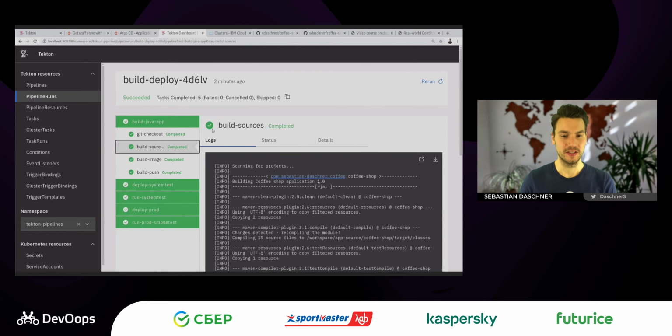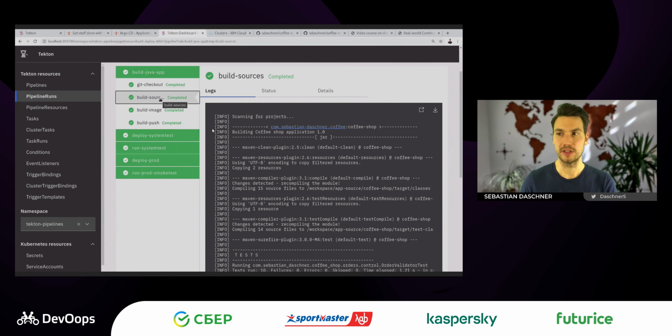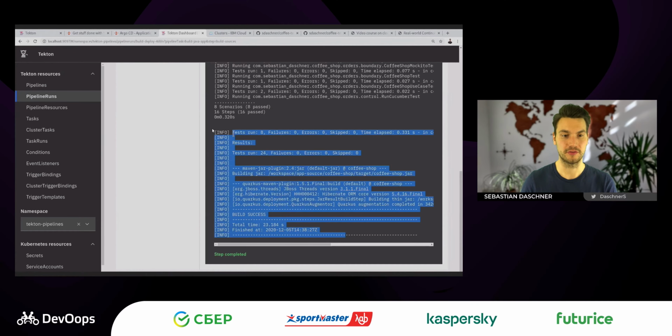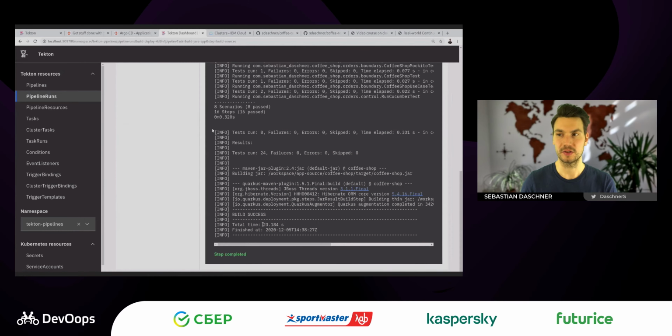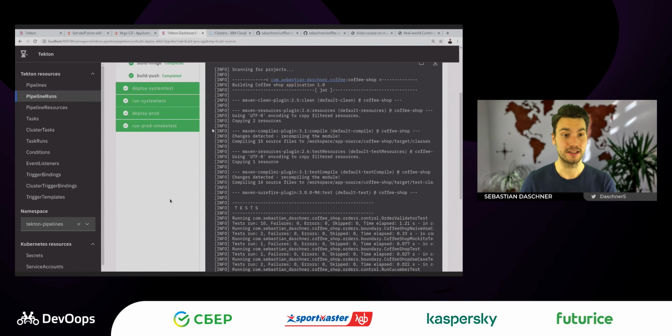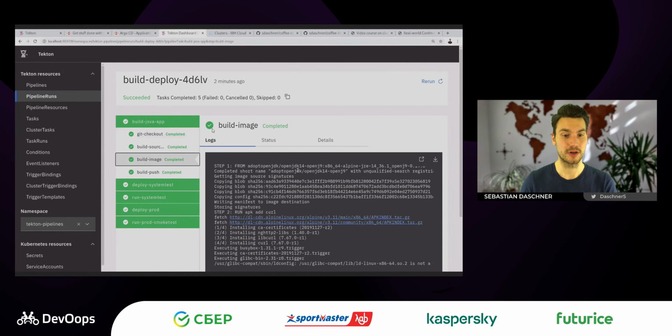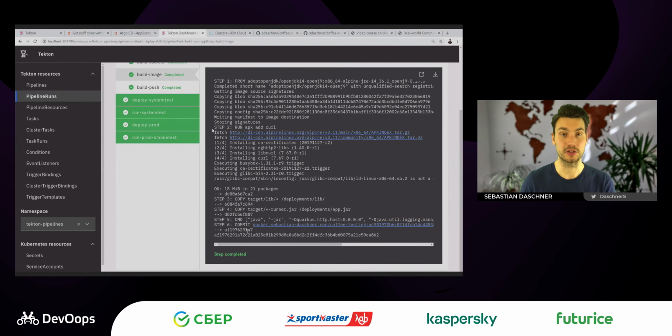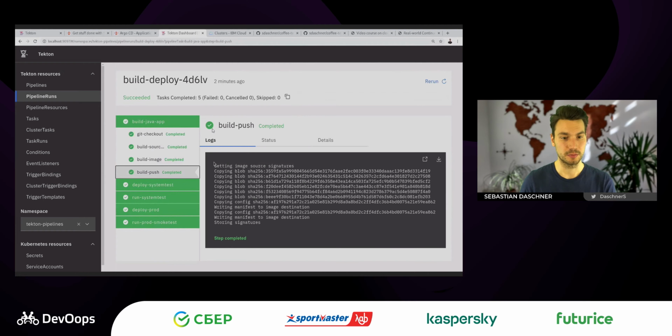I just wanted to continue with what we're doing here. So now we did the build sources step, and if you're a Java developer, this looks very familiar. Build success. So we have a Maven build here. And then afterwards, we build and push our image. This is our Docker image, and this looks very similar to the Docker build output, like step 1, step 2, and so on and so forth. I'm pretty sure you're familiar with that. Build push as well. So we push the image then to our